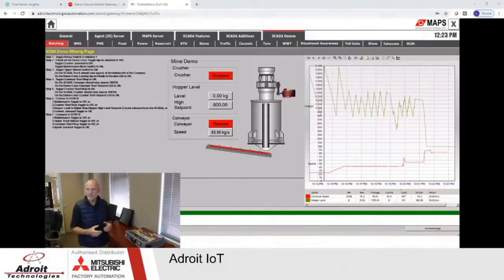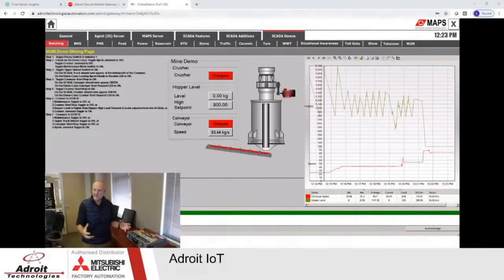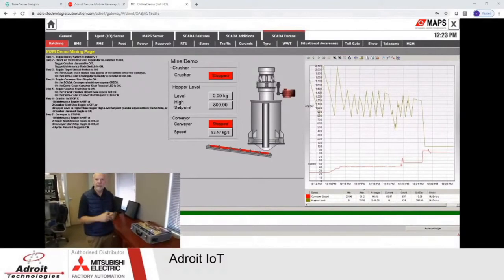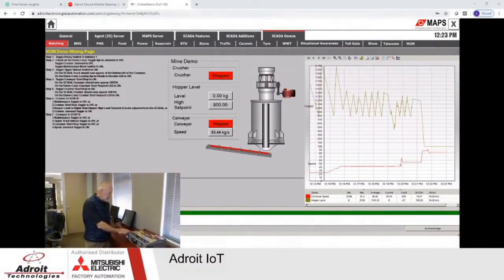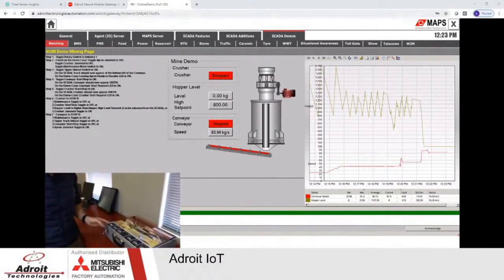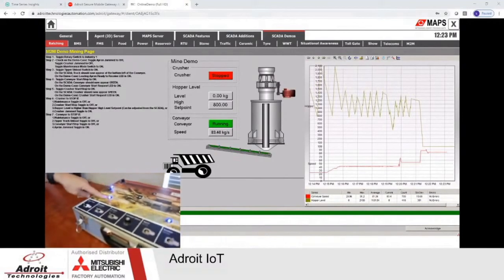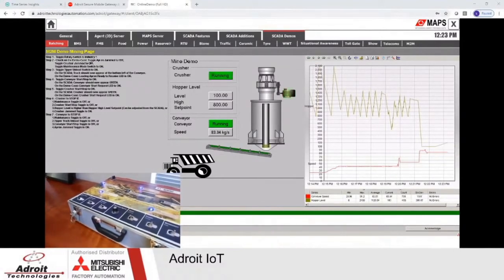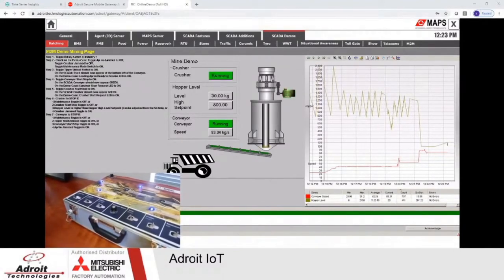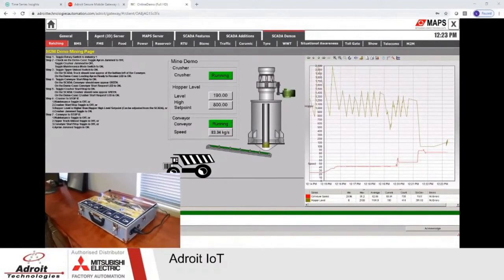You can see on the SCADA system, the hopper is empty, the conveyor is stopped because there's no truck, and the crusher stopped. So basically what's going to happen if you look here is I'm going to first of all put the truck in place. By clicking that switch, you'll see that the loading apron and the conveyor start running, although the hopper is empty, and I'm going to start the crusher. And if you look at the screen, you'll see now that they are both green. The crusher is running, we're off taking, and you can see now that the level in the hopper is rising.